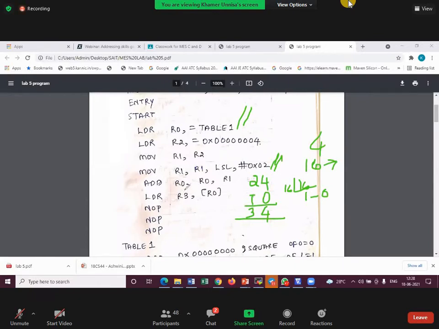So my R0 will be having what? The answer 34. So basically your program is being partitioned. If you observe very carefully, over here in my R0 I am storing the starting address of the table 1. Okay. So what is this operation happening? This operation, I am trying to tell that I'm interested to find out the square of this particular number. Then I'm making the shift operation happen over here, and then trying to store the result in the hexa format in the R1. This is the first part.